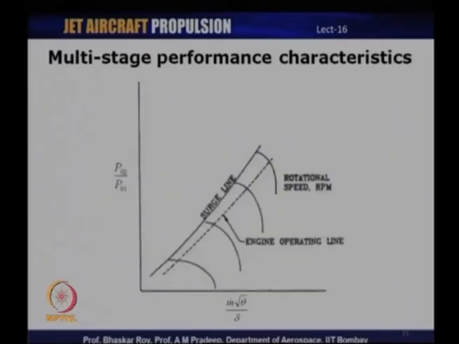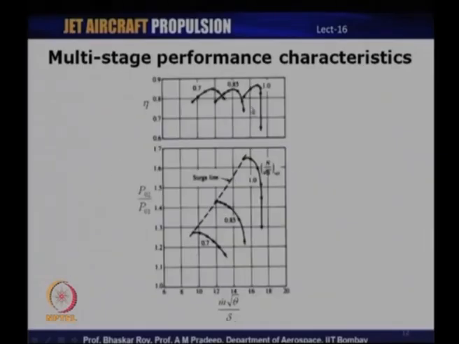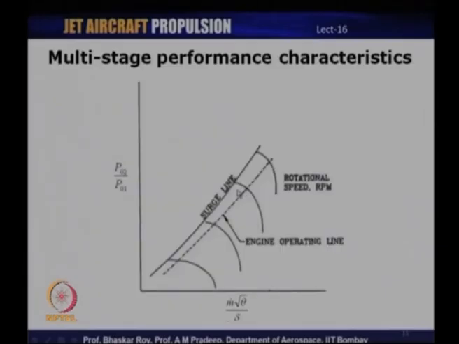Now, let me take a closer look at the pressure ratio versus mass flow characteristic. You might have noticed here that the peak efficiency occurs at a point which is slightly away from the surge line, and at the same time I mentioned that operation on the left hand side of the surge line is not possible because of the presence of instabilities. So, we would like the compressor to operate at a safe operating line which is away from the surge line, and what is shown here as this dotted line corresponds to the actual operating line of an engine,